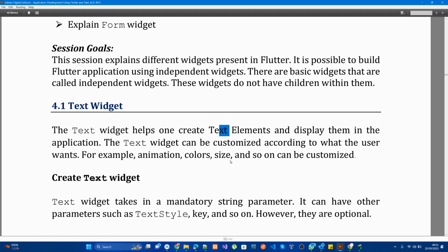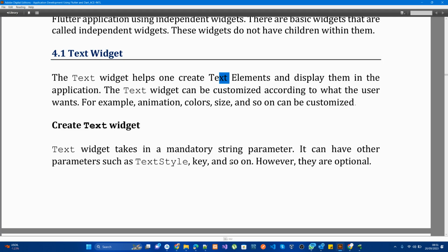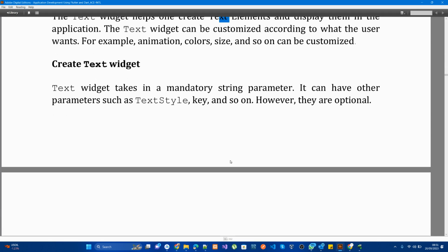Right? So the text widget can be customized according to what the user wants. For example, you can customize the text animation, the colors, the size you want, and many other custom properties that you can use with this text widget, right? So the text widget takes in a mandatory string parameter. Of course, you cannot create an empty text widget. It doesn't make sense to the user. You just have to type something when you are creating a text. Don't just open an empty string and nothing is there. It doesn't make sense. So always make sure that